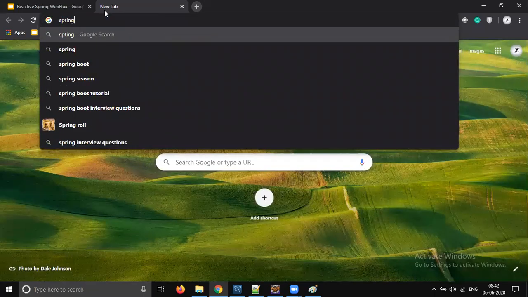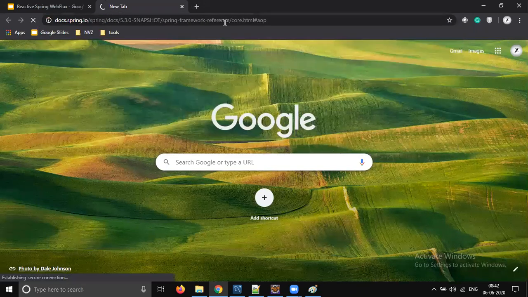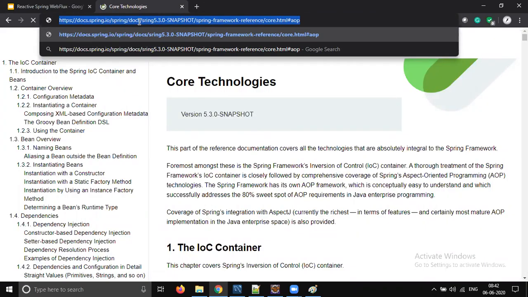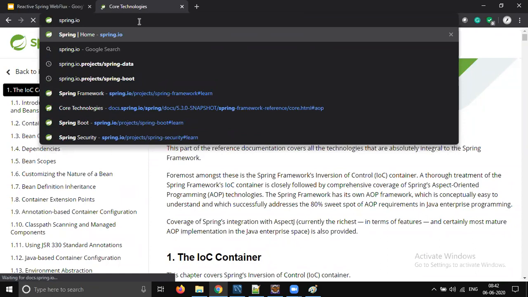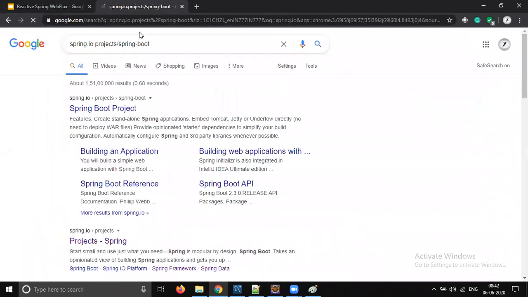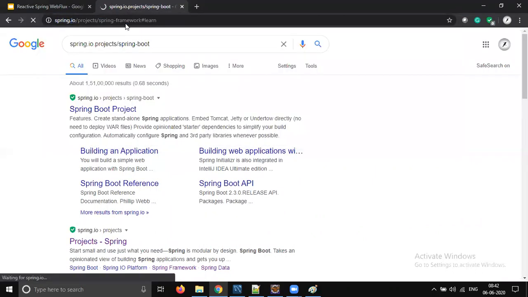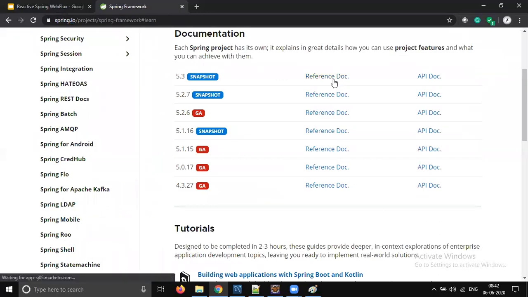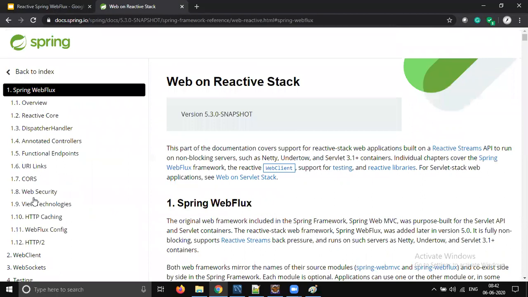Let me also open the documentation. Go to the reference documentation, go to reactive, and scroll down.